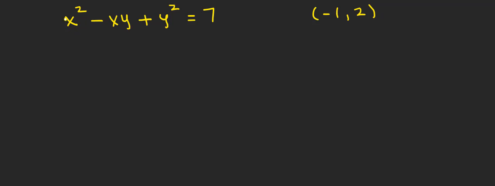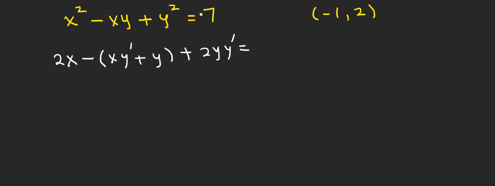So the derivative of x squared is 2x dx over dx, but we're just going to put 1 minus, now we have to be careful here. You have to use the product rule. Parentheses, x times the derivative of y, which is y prime, plus y times the derivative of x, which is just 1, isn't it? Parentheses, plus the derivative of y squared, which is going to be 2y, and don't forget y prime,